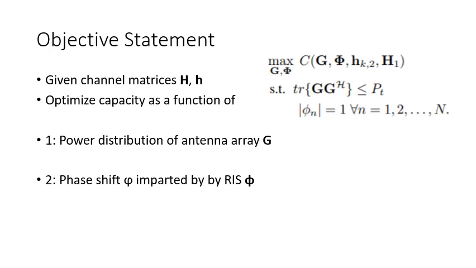solution for this problem. The equation given is a function of the channel matrices, H and H, which incorporate path loss and travel time, as well as the tunable matrices G, which is the power of the beamformer, and phi, which is the phase shifts from the RIS. It should be noted that G is constrained by the transmit power, and phi is some discrete value, generally 0